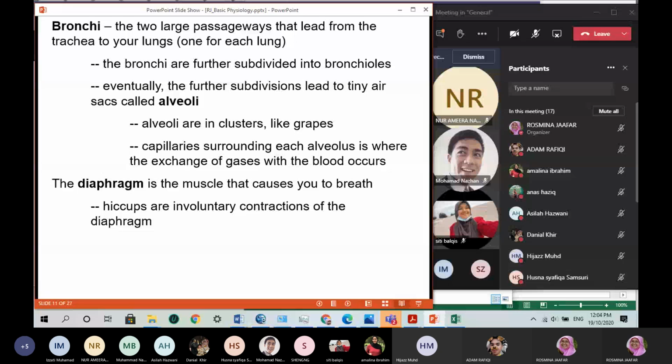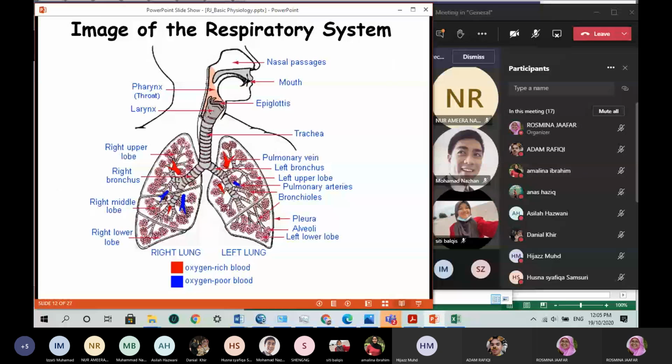And this is the structure of the respiratory system, where you have all those structures, the nasal passage, which is for breathing, but we have two alternatives, the nasal passage and the mouth. The mouth can also be part of the breathing, but breathing through the mouth is not very healthy. You need to have your nasal passage working to have efficient breathing.